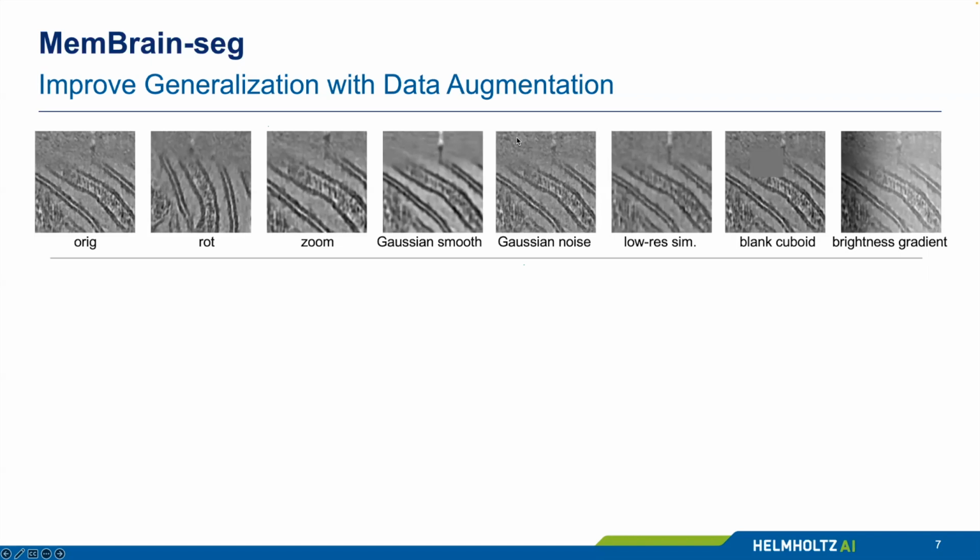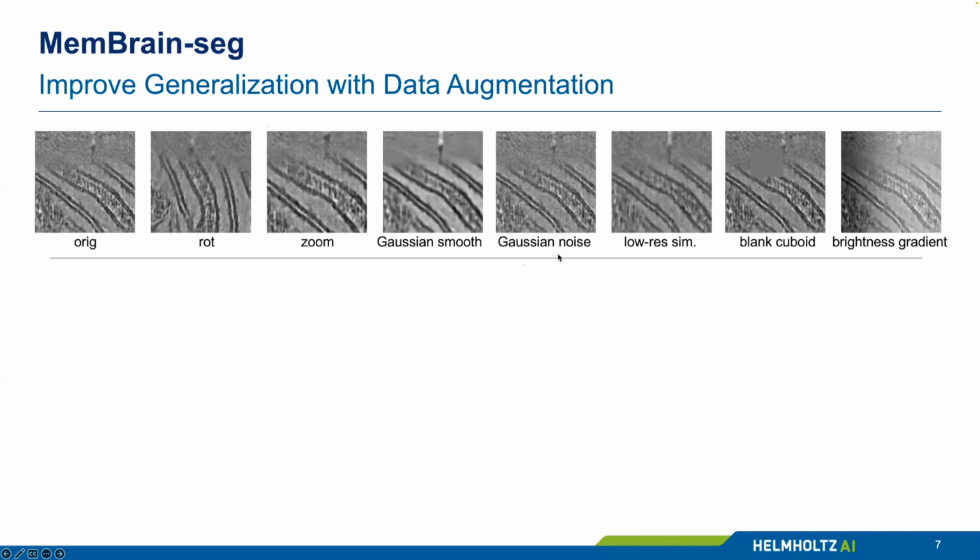And with this strategy, we got a nice training data set, and I think a nice variability also in the training data. But then to increase this variability, as I said, we also did some data augmentations. So what we did was some classical data augmentations like the ones you can see here, where we performed some geometric augmentations like this rotation and zooming. But we also did some intensity augmentations, just altering the image a bit by smoothing or adding noise.